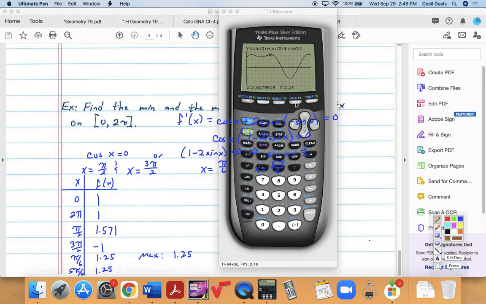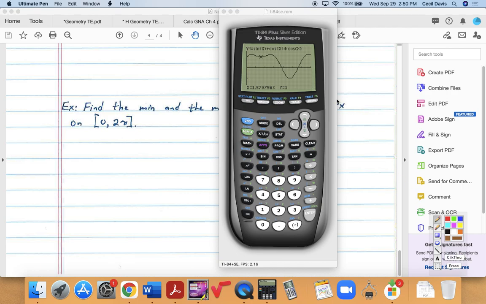Let's trace this to pi over 2. Oh, y is equal to 1 at that point. So the maximum is 1.25 and the minimum is -1. Yes. All right, let's go ahead and